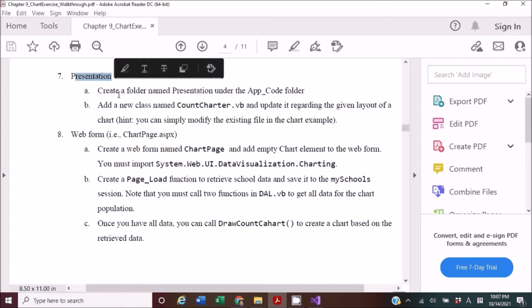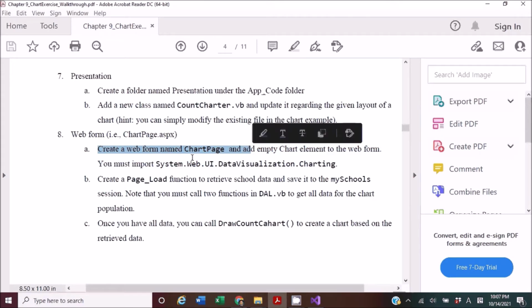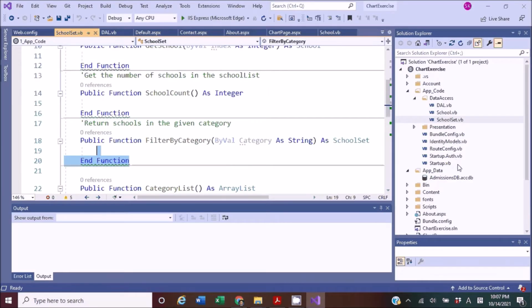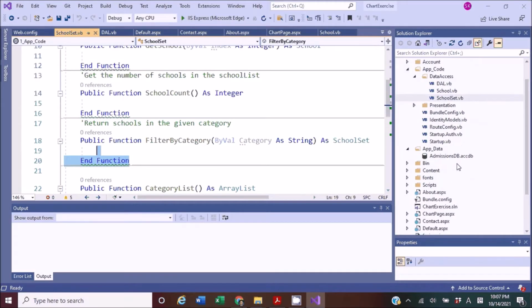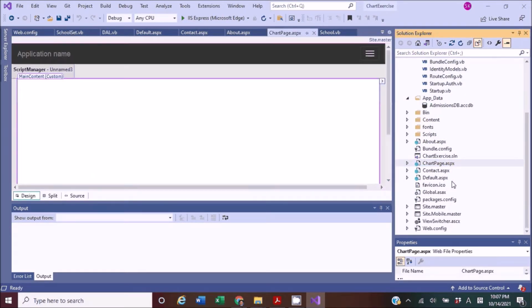So, presentation. Create the folder named presentation under the app code folder. Add a new class named count charter.vb and update it regarding the given layout of the chart. Okay? And web form. Create the web form named chart page, count charter, and chart page. So where are they? Chart page right here, and then also the